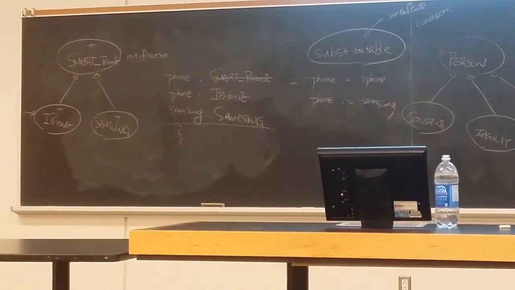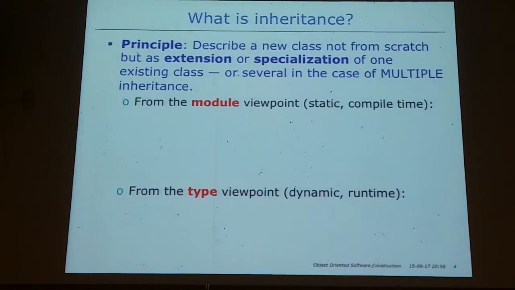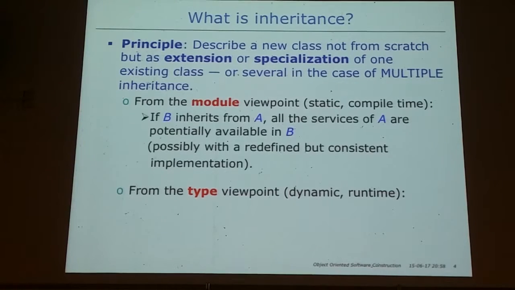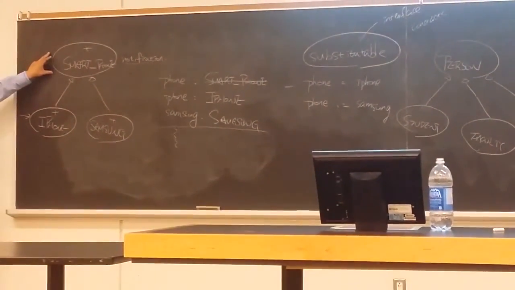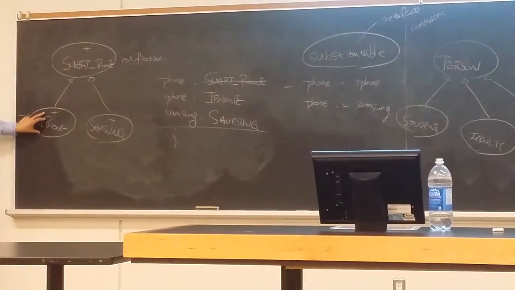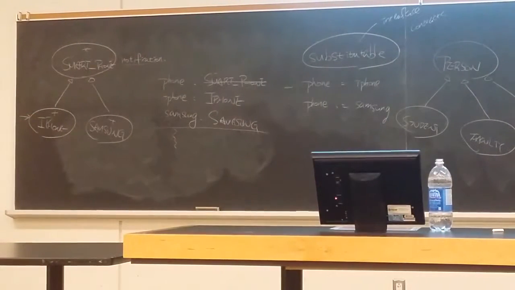Okay, that's the idea. This slide is a little bit theoretical, but again, you have to know the difference between module and type. Module is really about the static compile-time thing. It's like the classes you have. And type is really about dynamic and runtime, like objects. Okay, so for inheritance, let's just do this example here. If iPhone inherits from smartphone, that means all the features we define for smartphone must be supported in iPhone as inheritance, right? And now, from the type point of view,